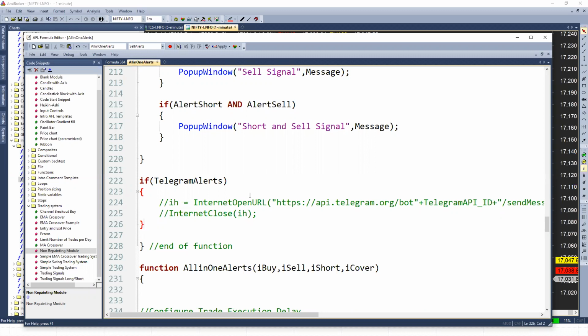Most of the traders who don't use the license are mostly using the free category, trying out a trial for the very first time, who don't want to purchase an AmiBroker license right now, or who want to try and later upgrade their license. Now for all those people, the internet function is not supported by the lower versions of AmiBroker. Generally 6.25 and higher is supported, at least 6.22 if I'm not wrong.